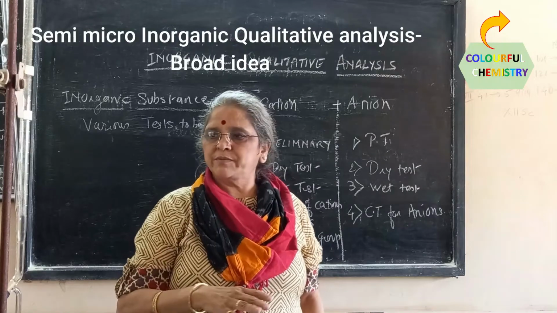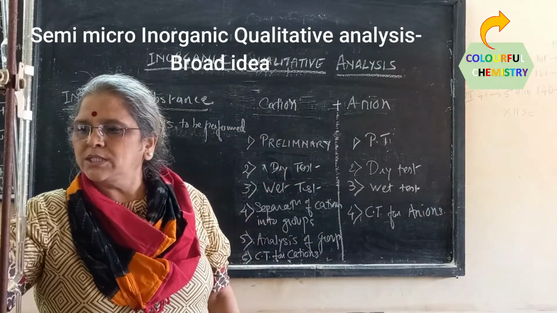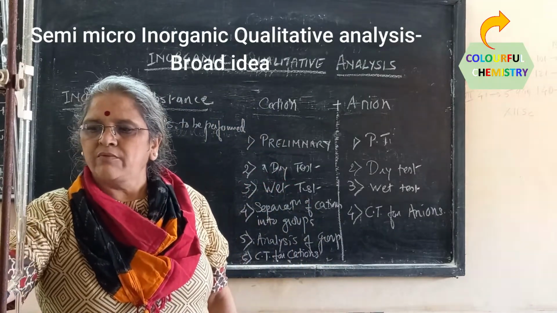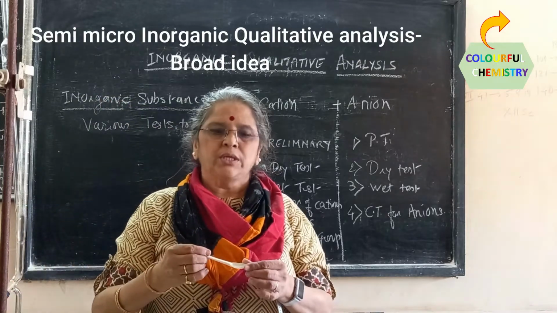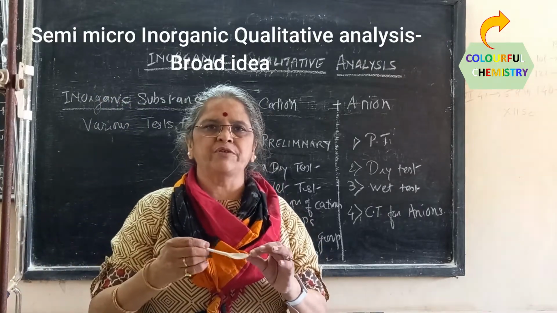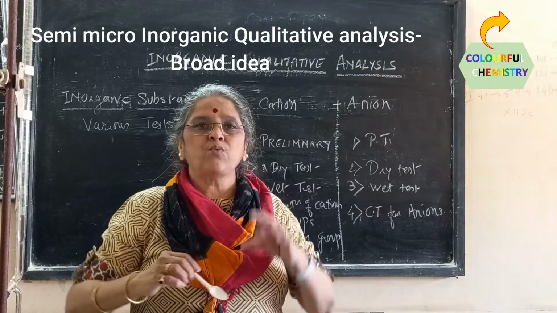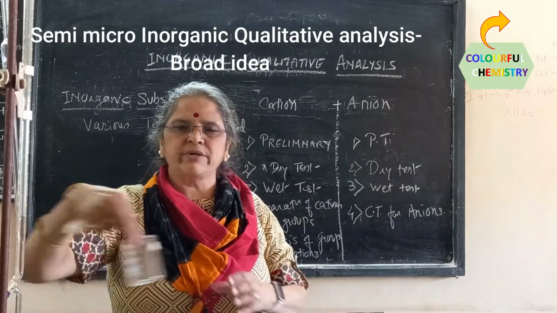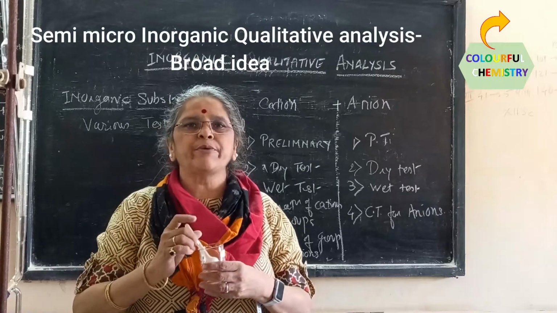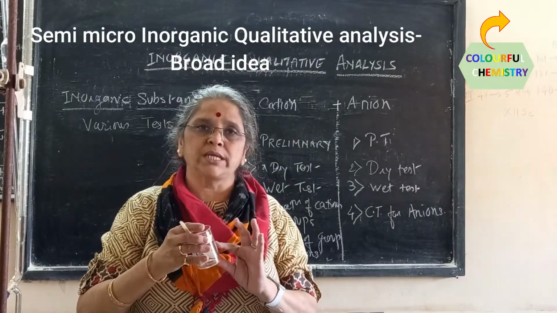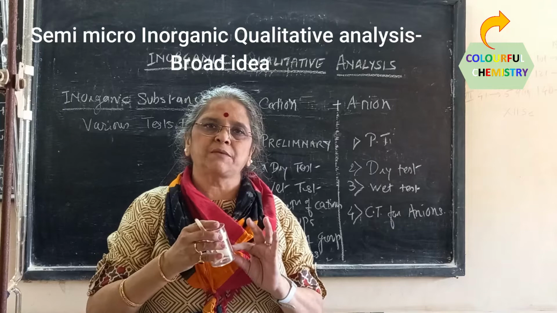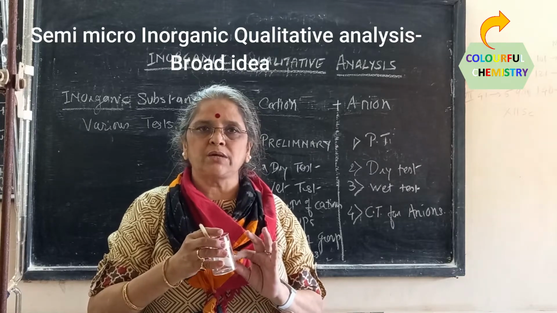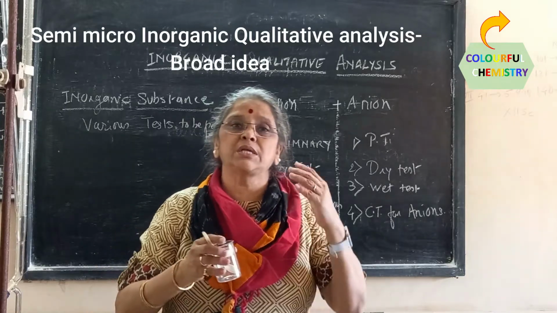About 10 milligrams of substance means about one spoon of the test. One small spoon will be given to you. That spoon, say three-quarters or half a spoon, you have to dissolve in one test tube of water in a beaker. One small beaker, a 100 ml beaker, will be given, and you will prepare a solution which will be called the water extract, because you have dissolved that substance in water, and using that water extract you are going to perform a series of tests.